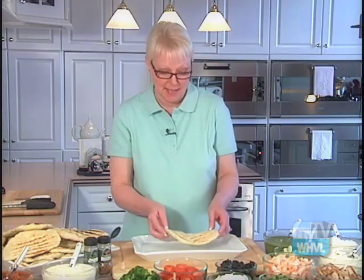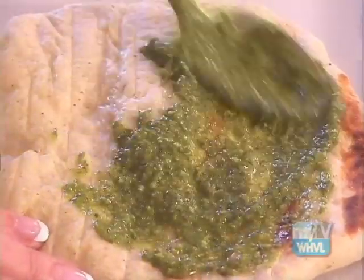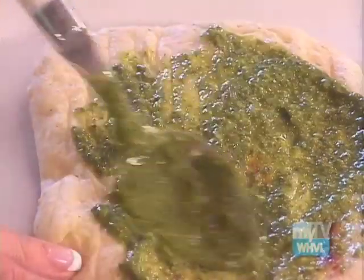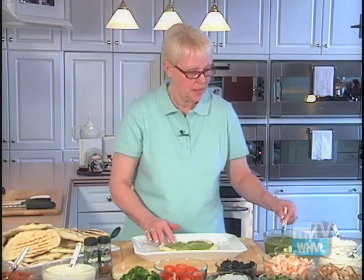The crusts are all grilled and now the fun really begins. Everybody lines up and tops their own pizza. I'm going to show you how to make my favorite personal pizza right now. I personally like the basil pesto. It's kind of a little bit of a Mediterranean flair to it. About a tablespoon to a tablespoon and a half of sauce. I'm going to follow mine up with some shrimp